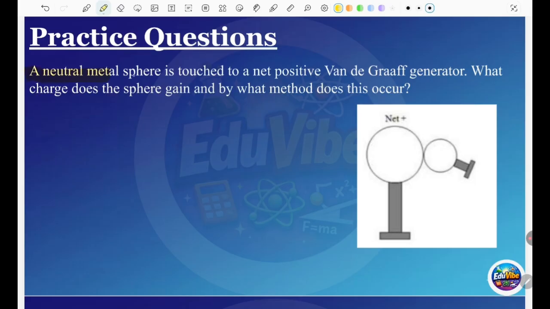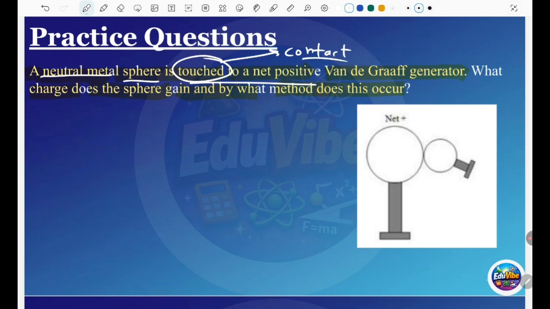A neutral metal sphere is touched to a net positive Van de Graaff generator. What charge does the sphere gain and by what method does it occur? So they mention that one neutral metal sphere is touched to a net positive generator. Touched means they contact. If they contact, this means it is conduction. So they ask what method it is. So it's a conduction method because